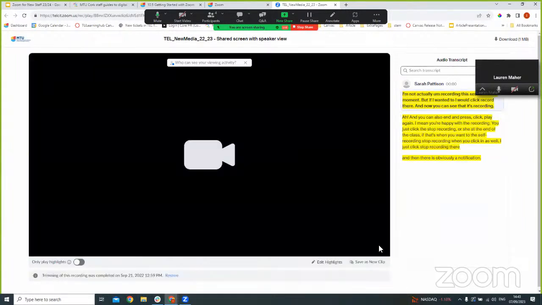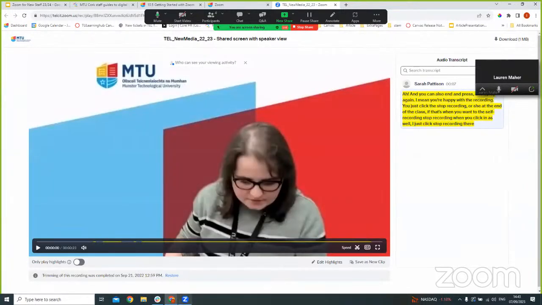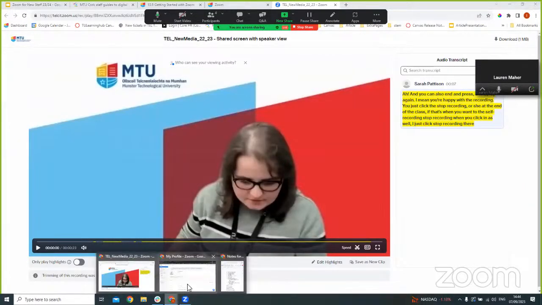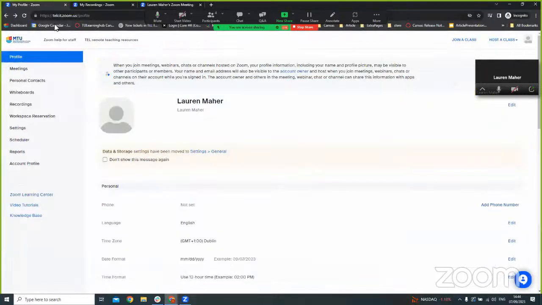Now, if you come through this way and you're not seeing that little scissors, I just want to show you where you can actually find it as well. If you go to telcit.zoom.us, you can find this link in all the help docs as well. This is your profile, your online web profile for your Zoom. I can see my menu here, and I have all my recordings right here. So if I click onto my recordings,